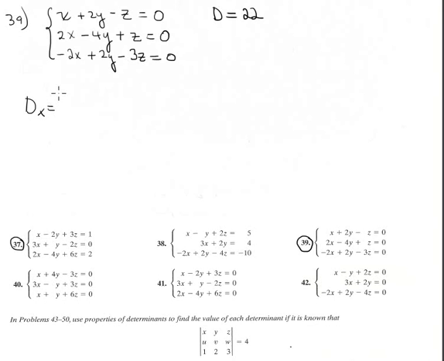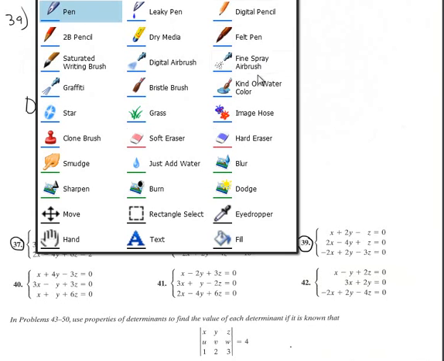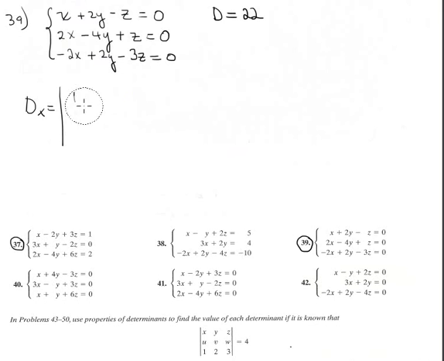Dx is equal to, you replace the right-hand side, which is just 0, 0, 0, in the column of x. So it is 0, 0, 0, and the rest stay the same: 2, -4, 2,